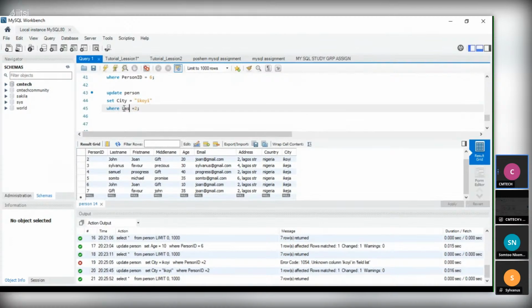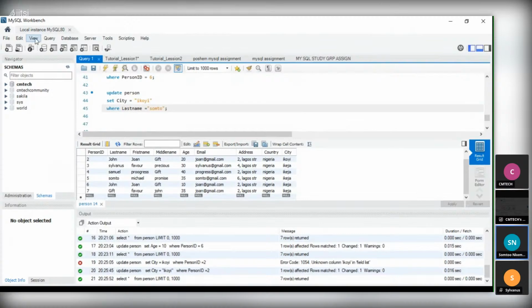Let's say last name is equal to... now what is the last name we are going to use? Let's change to Sonto, where last name is equal to Sonto. Then I'm going to put Sonto.